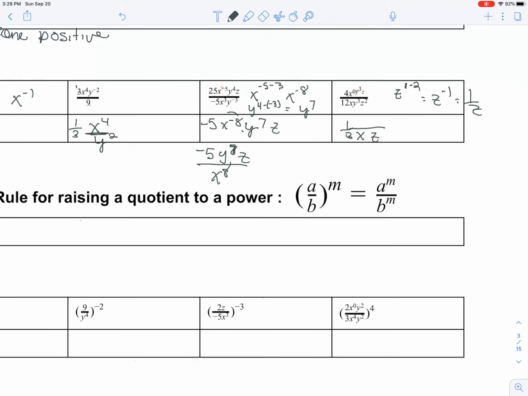All right, boys and girls, and that looks horrible. 1 over 3 x z. That may not look better, but